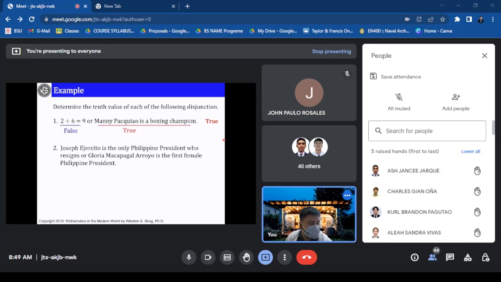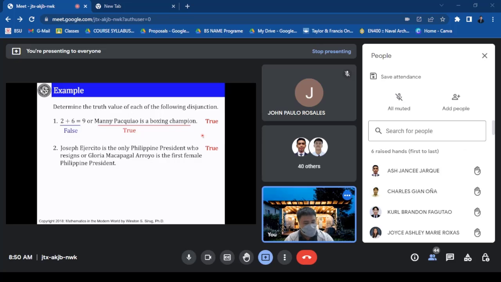True or false? False po. Okay, bakit false? Si Joseph Ejercito Estrada ay? Ano yung first statement? True or false? Si Macapagal Arroyo is? False din. Kaya siya false. Yes po. Okay. So, the second statement,